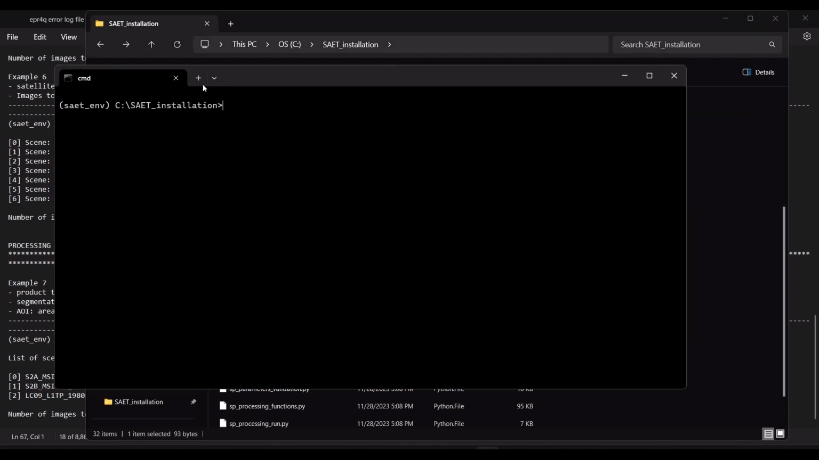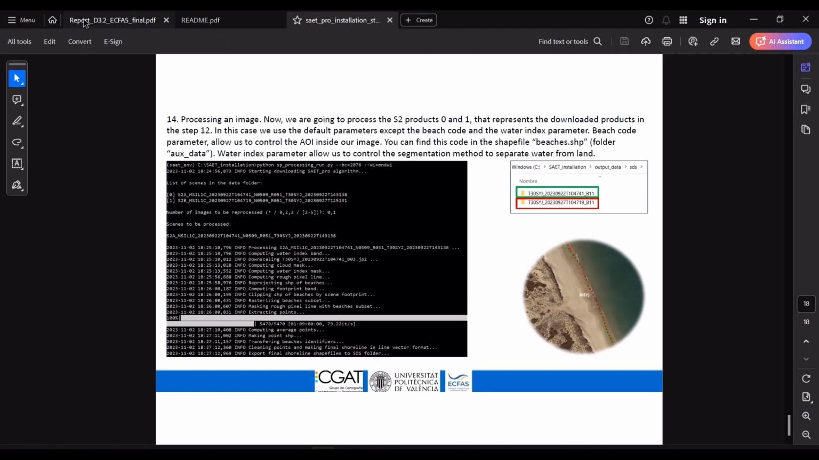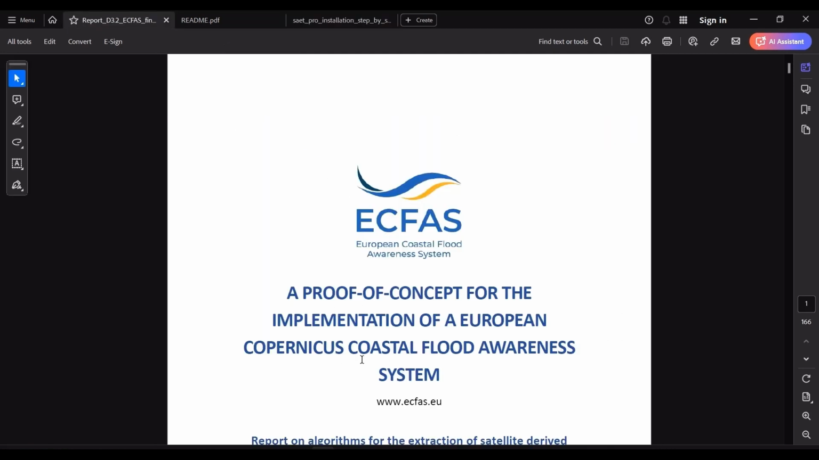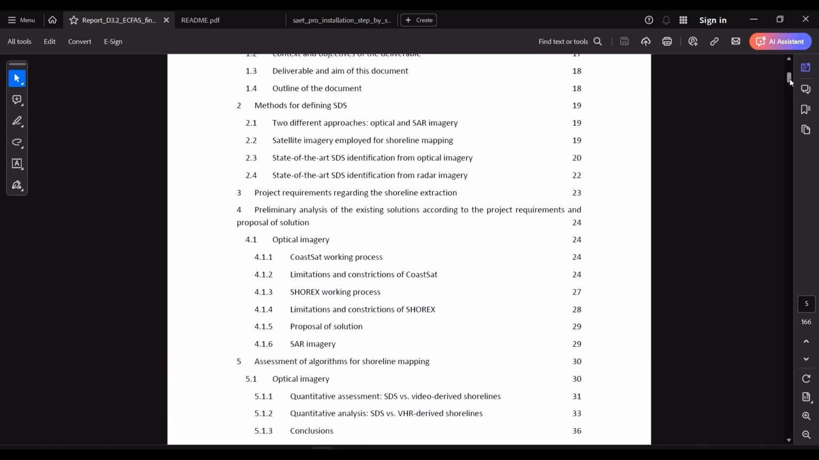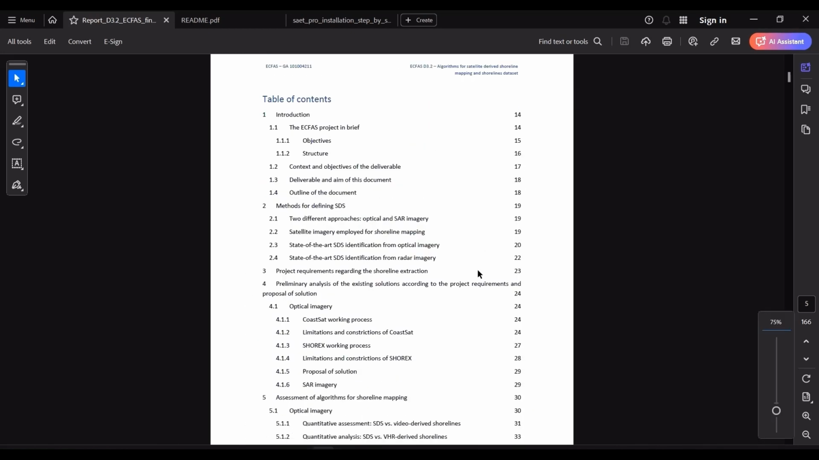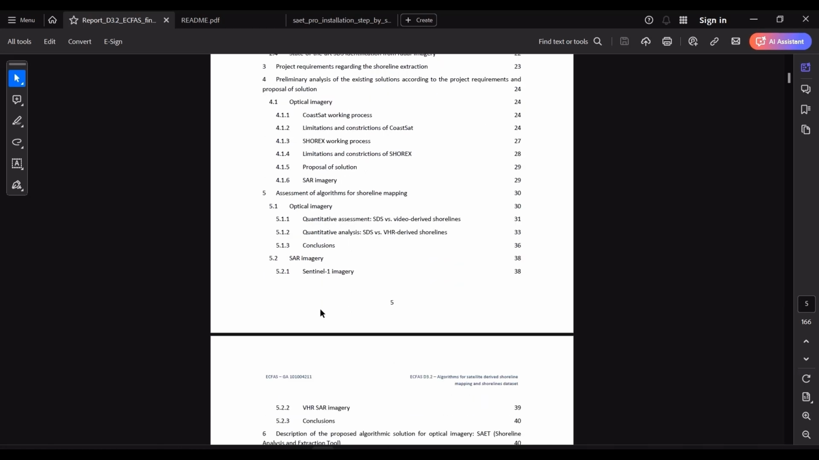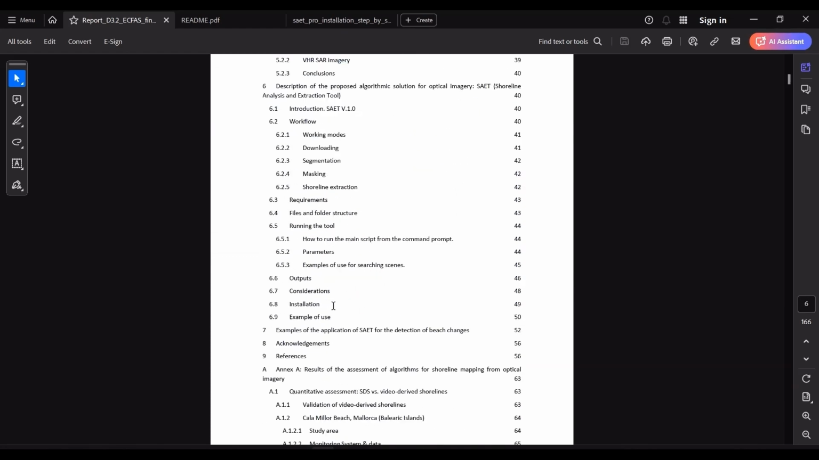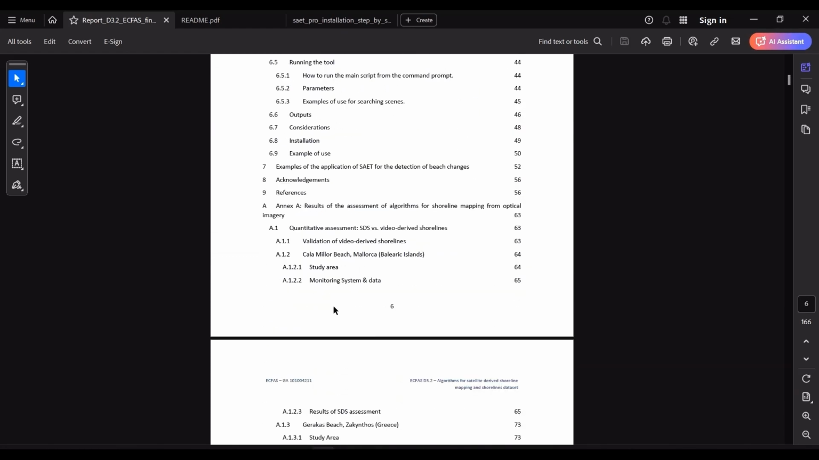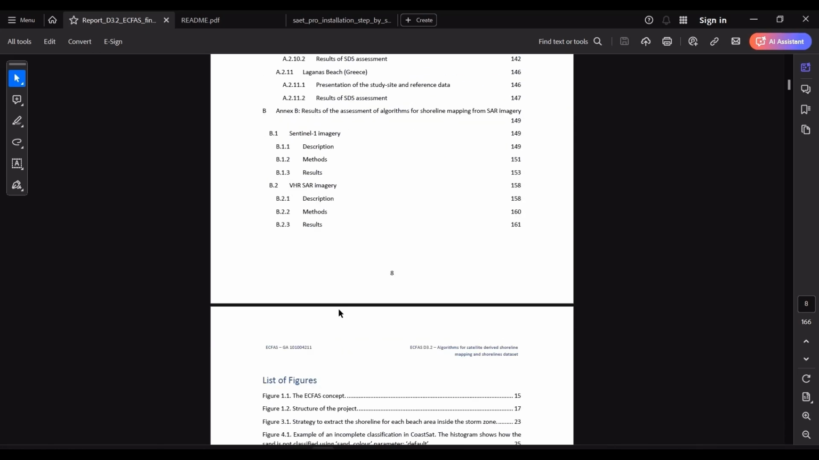Let me show you the other PDF file which comes with the tool. It is the proof of concept for the ECFAS SAET tool. Very detailed document, and the table of contents is visible. It's about the project, about the method of defining a satellite derived coastline, optical as well as radar imagery, the previous methodologies, what are their advantages and disadvantages, and how SAET tool helps to navigate the disadvantages and generate a better